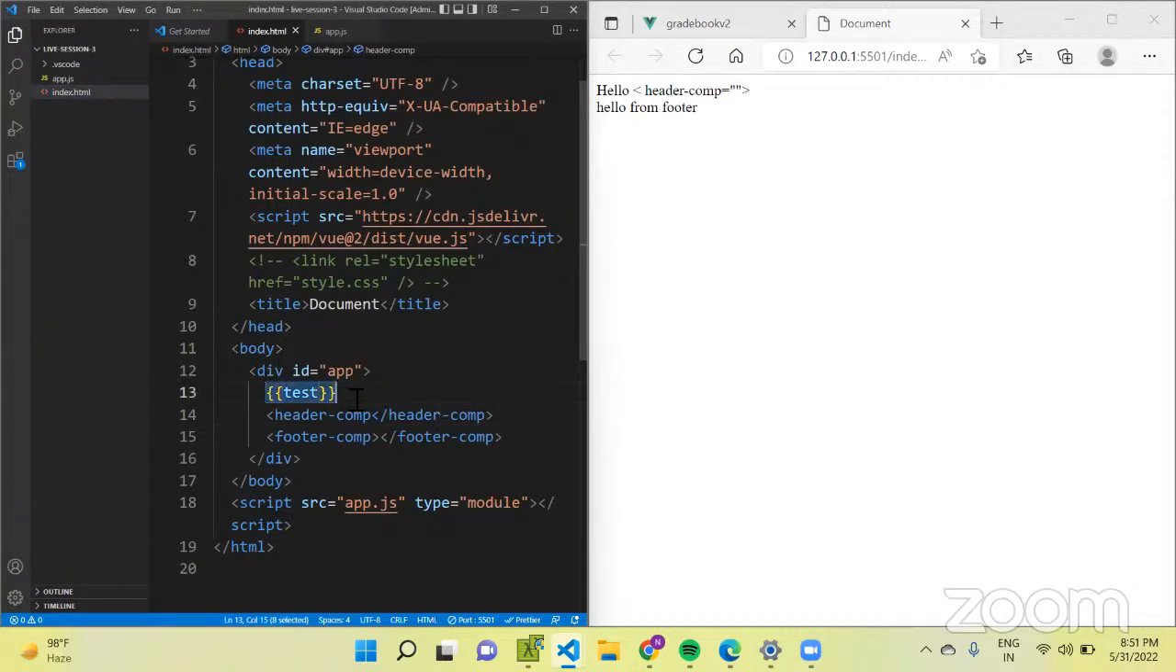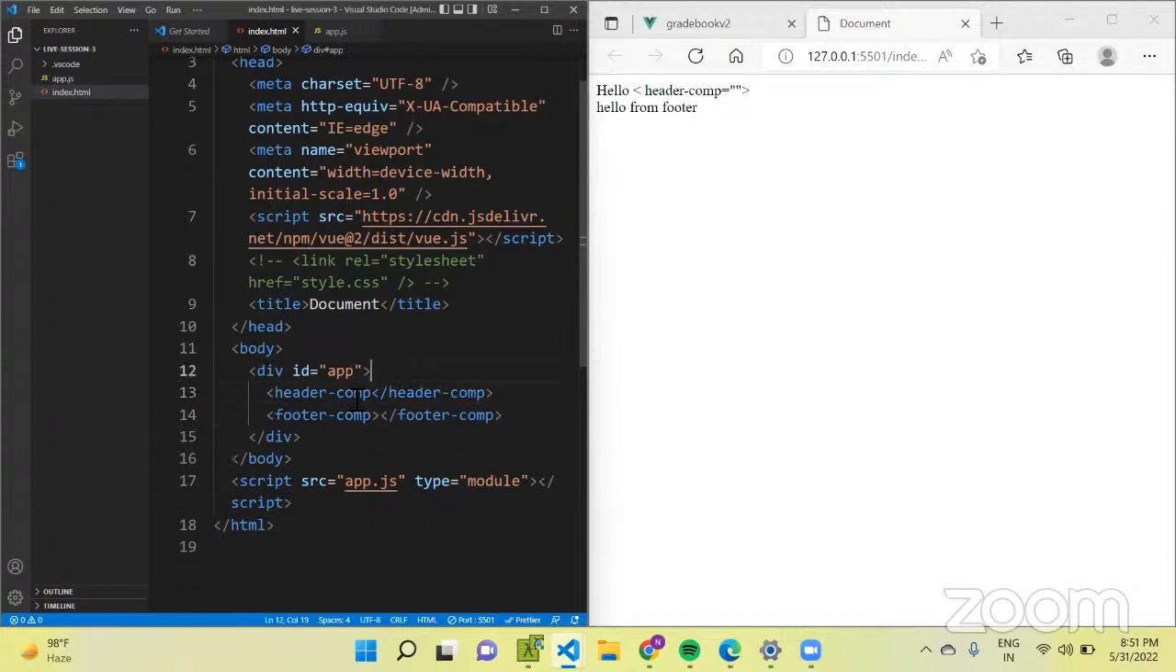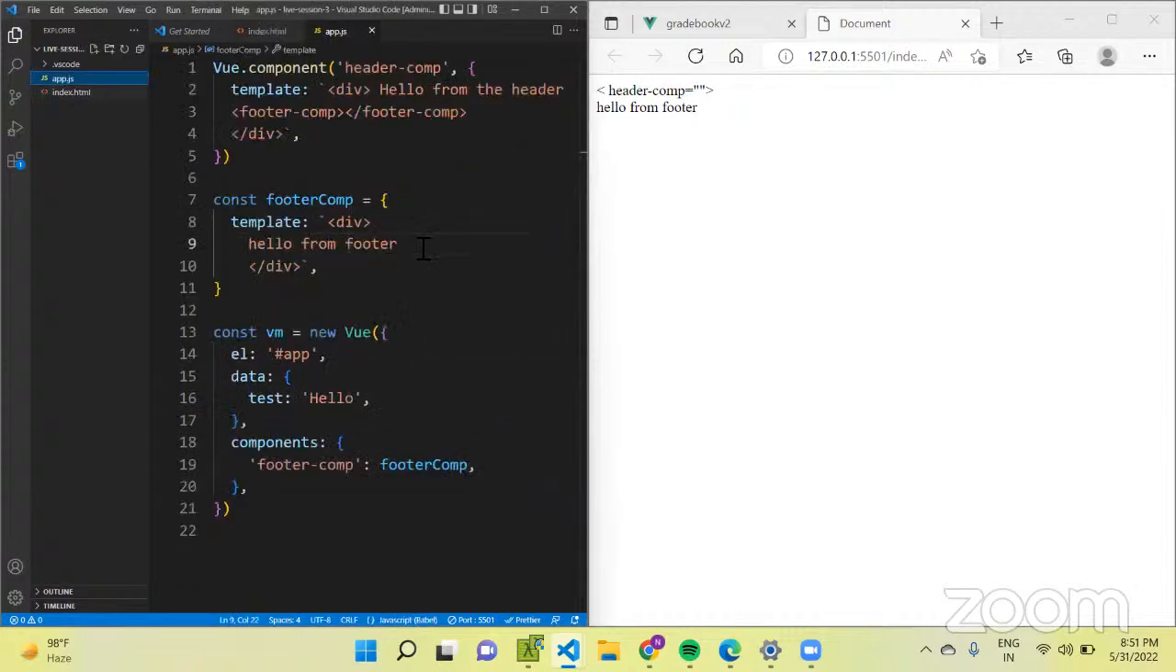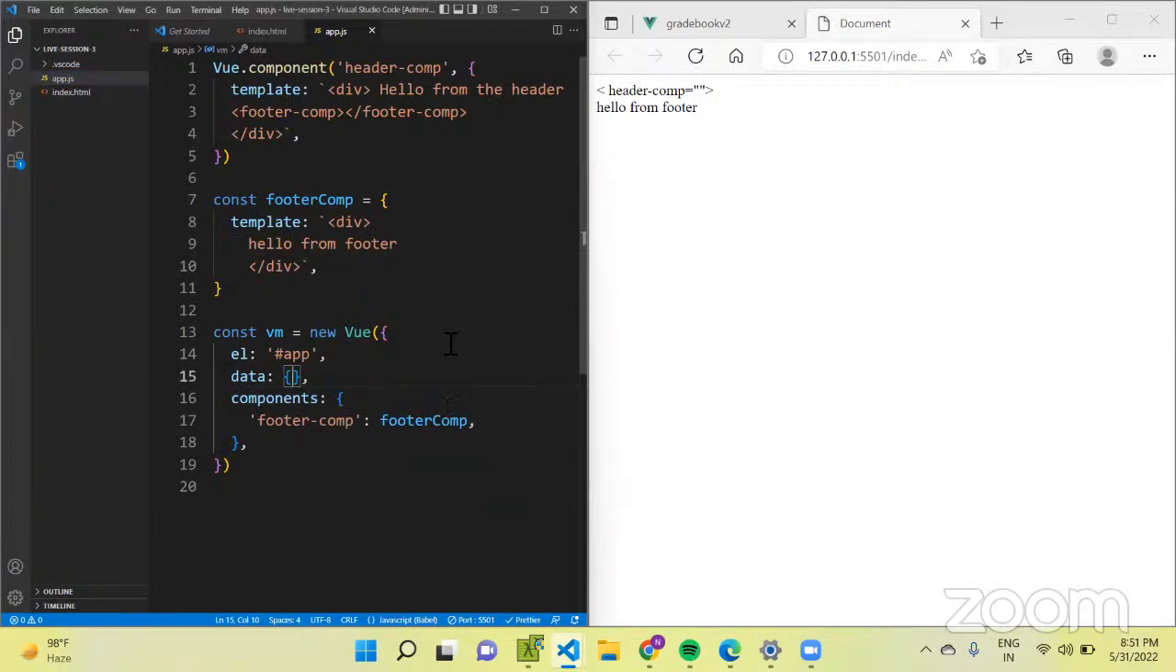And this I will also remove. And I don't need this data. So